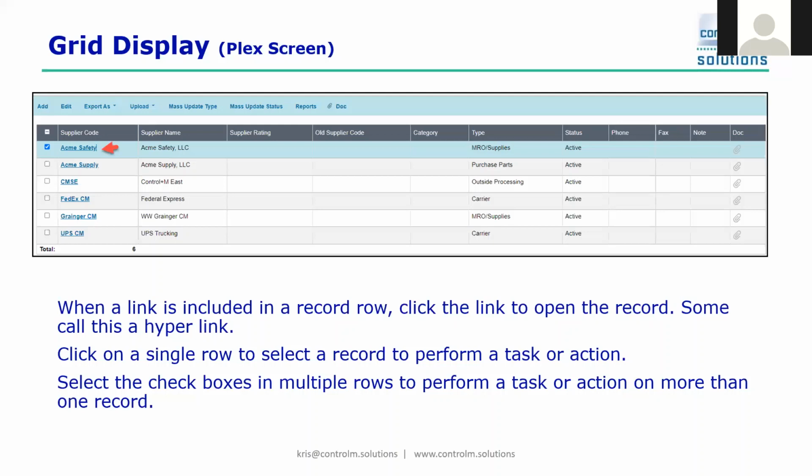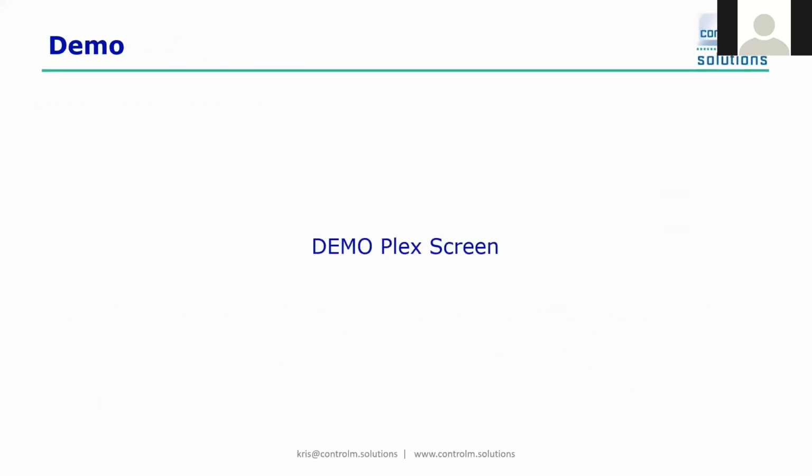Another way is you can select the row and change the shade to light blue and then hit the edit. Or you could hit the checkbox and then hit the edit. It takes you right into that screen. So let's show you how that's done. Okay,